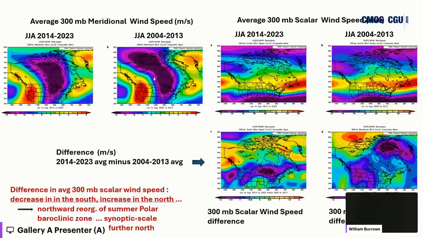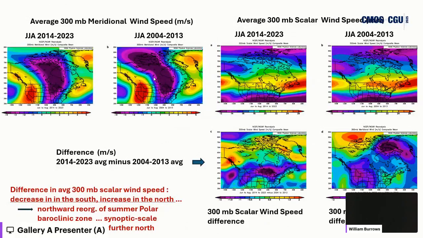This is at 300 millibars. The first 2 slides are the meridional wind components, and the second 2 slides on the top are the scalar wind components at 300 millibars. The difference is the main thing to get here. What you see on the bottom 2 is declining wind speeds across the south, but increasing across the north. So again, this we think is reflective of the amplification of that Rocky Mountain Barrier wave towards the north,